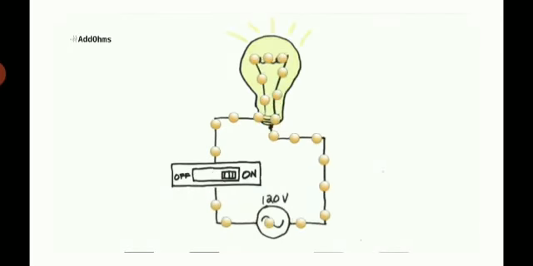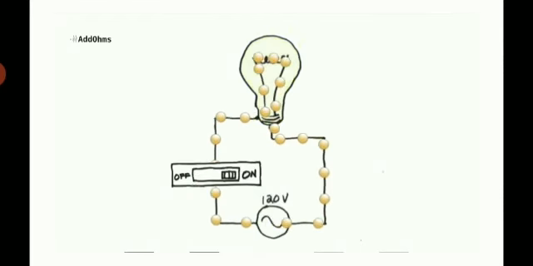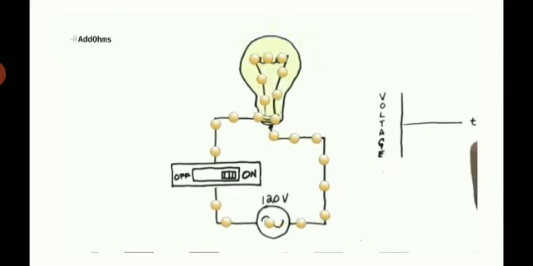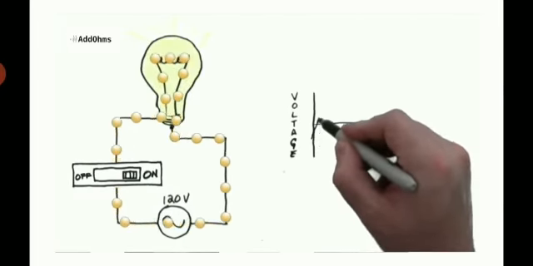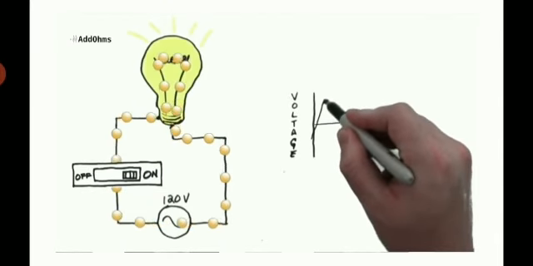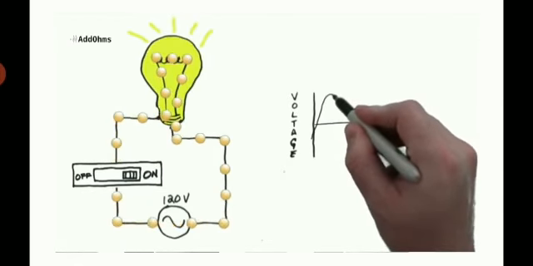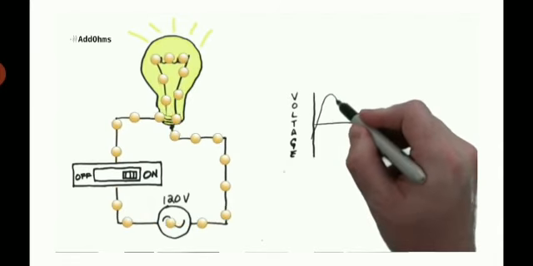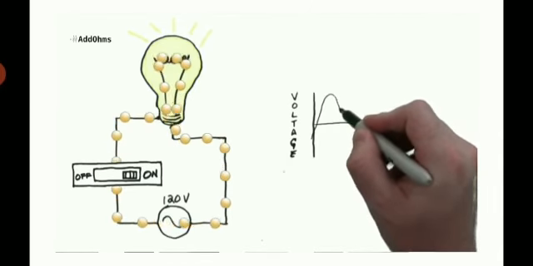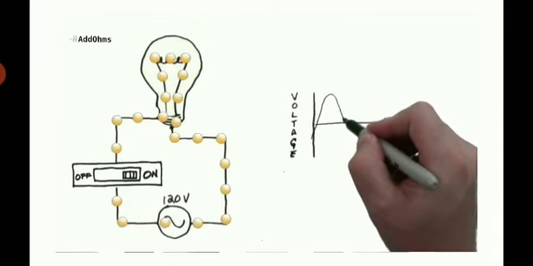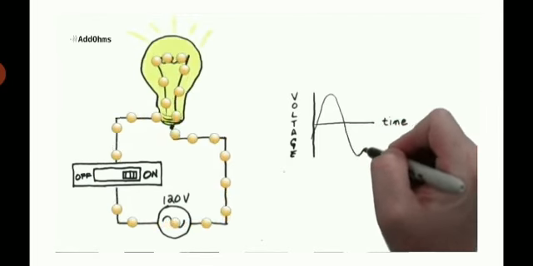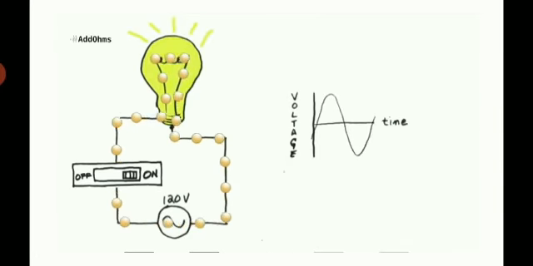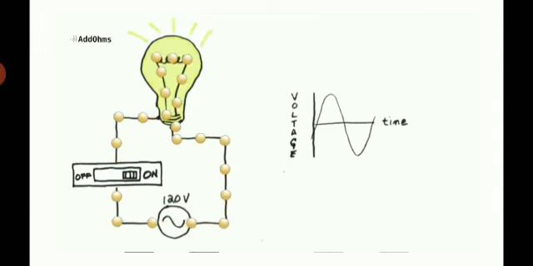So consider I have connected a switch. How will the AC current flow? You can see it is flowing clockwise and also anti-clockwise. So it gradually increases and becomes maximum in one direction, and again its value decreases and it becomes 0. Then again it starts flowing in the other direction and it becomes maximum and again 0.